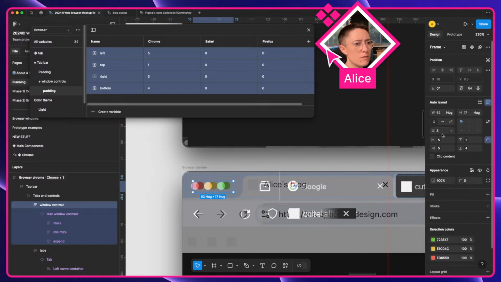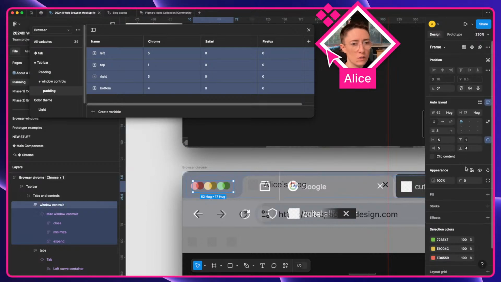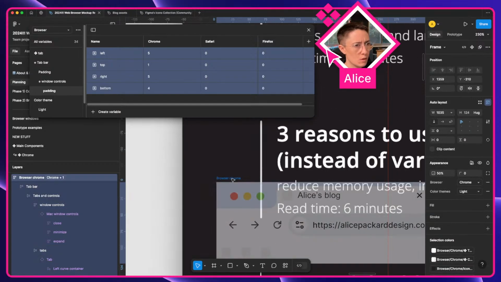I'm comfortable leaving, even in the component itself, the Mac window controls, the space between, I imagine that this value can be hard coded, that this isn't going to change because this value belongs to the operating system. It does not belong to Firefox, Google, Safari, right? Where it's positioned, the padding that we're using to position that component, is controlled by those entities. Okay, so we've got